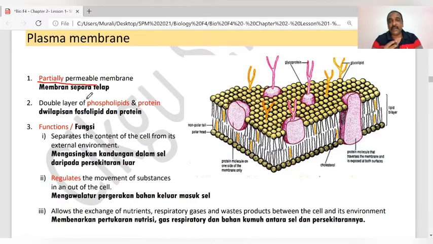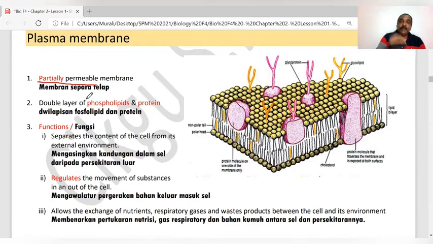What are the criteria of the particles to pass across? One, must be water soluble. If they are fat soluble, also good. If they have charges, also good. But on top of all this, the size must be small. They can have all the first three, but if the size is big, they cannot pass across.